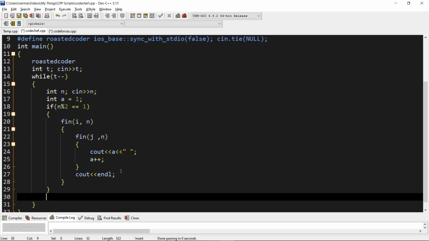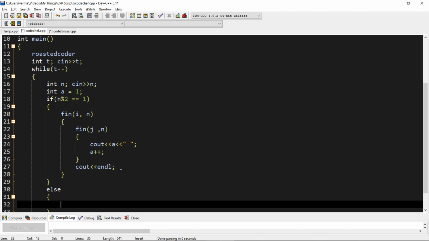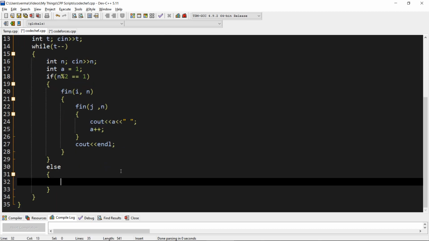Now let's print our matrix if n is even.